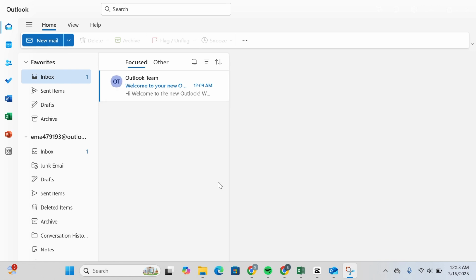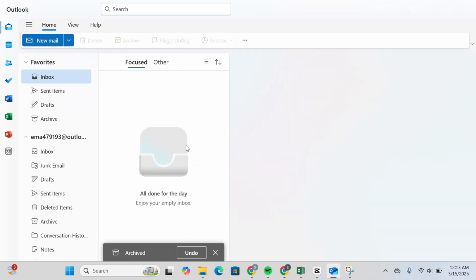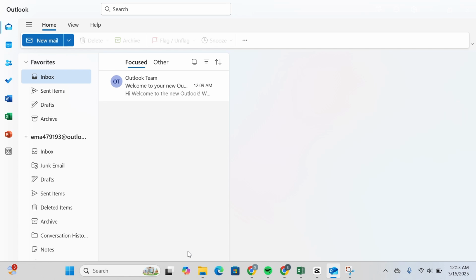By this, you can simply come to your inbox and then you can select a specific email. For example, this is the email that I wish to archive. So you can simply click on this archive button here at the top. So simply click on it, and once you do so, you can see that email has been archived. If you wish to unarchive at this spot, you can simply click on undo, and now you can see that